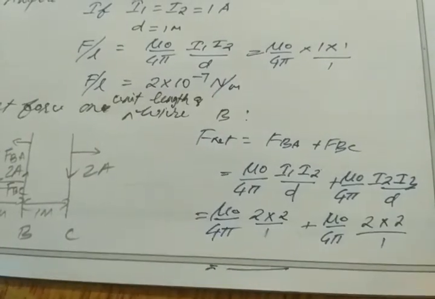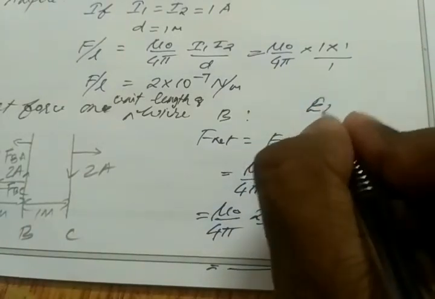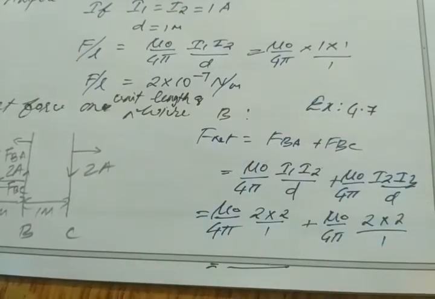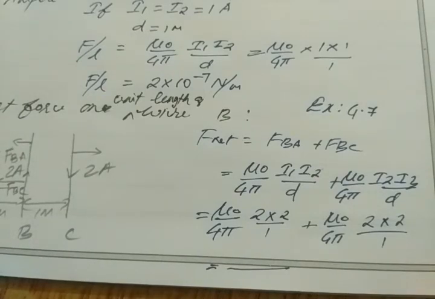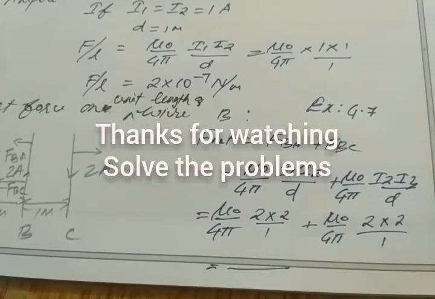Next one will be a homework problem: exercise 4.7 in your NCERT book, a very important problem. All the NCERT problems are very important. It says that two long parallel straight wires A and B carrying currents of 8 ampere and 5 ampere in the same direction are separated by a distance of 4 centimeter. Estimate the force on a 10 centimeter section of wire A. So the length is given as 10 centimeter. Can you find the force? Yes, so find the force, solve all the numericals and post the notes in the group.